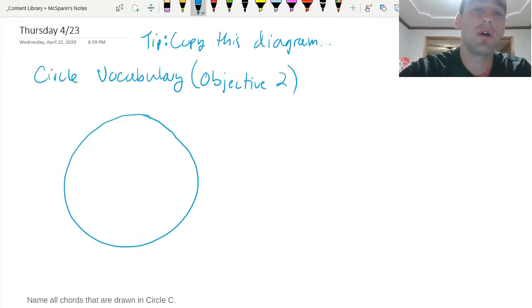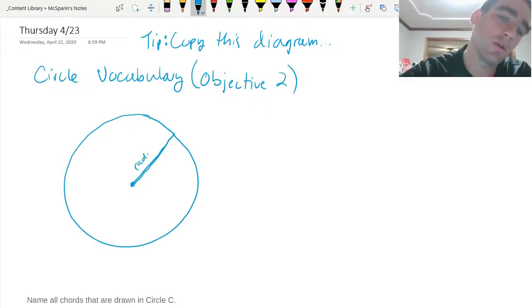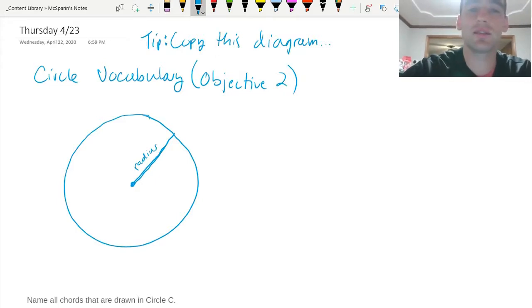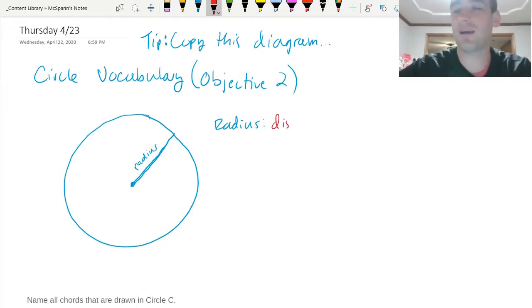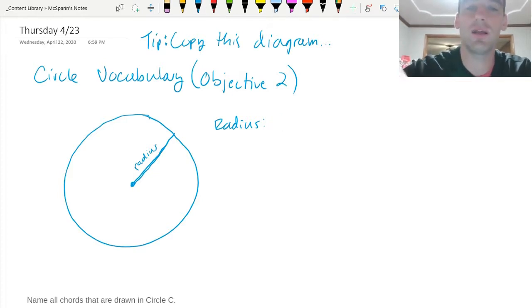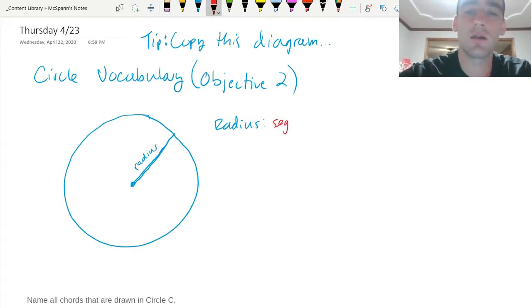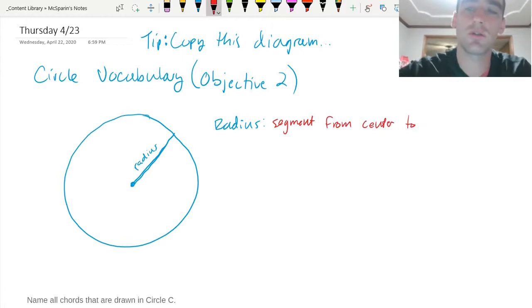All right, so terms we need to know. Term number 1 is radius. A radius is, I'm not going to say it is technically the distance, but it is a segment from the center to